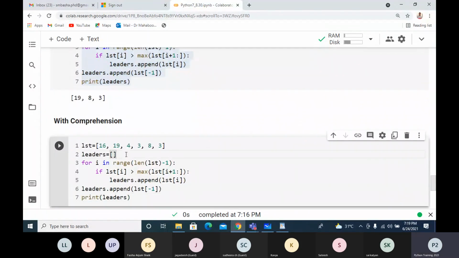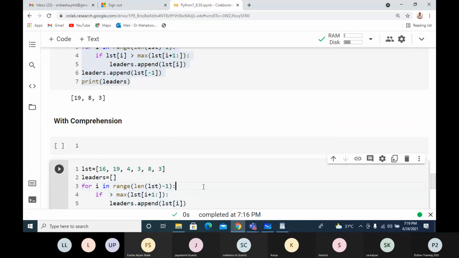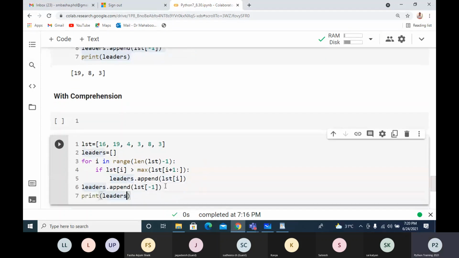Here I don't require this. I'll take leaders equals the expression, which is the result of the selected item. So I'll take this and keep it here.